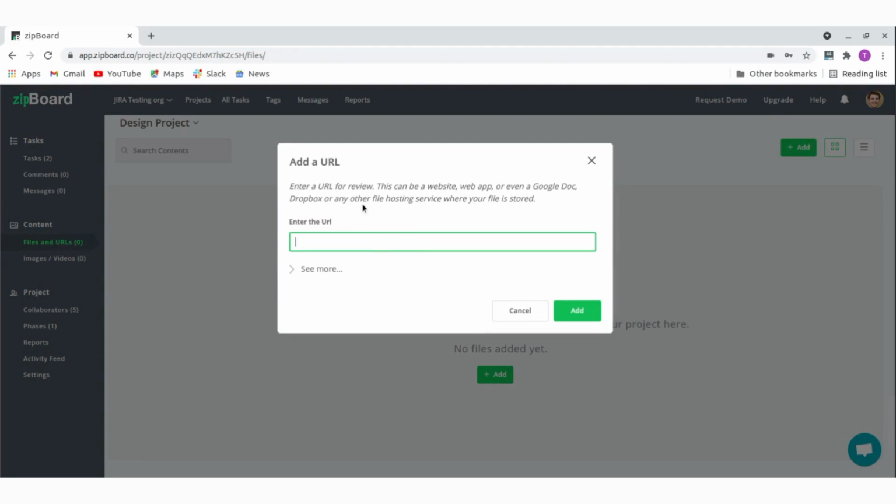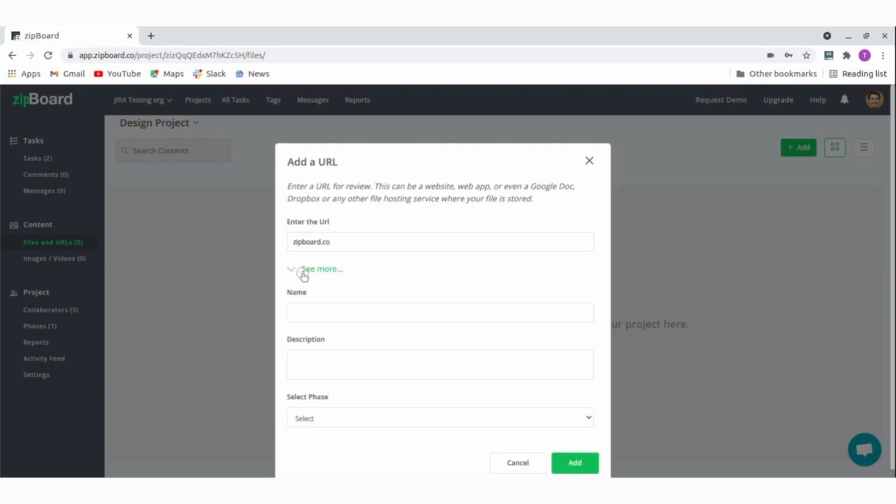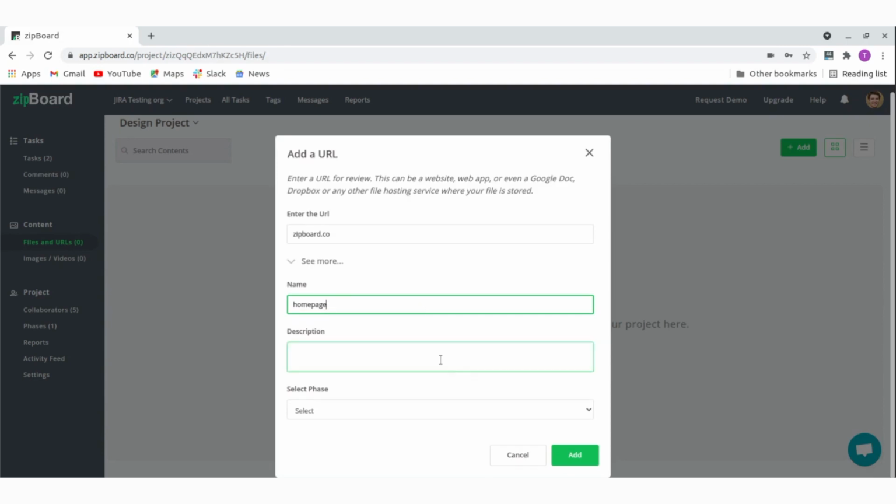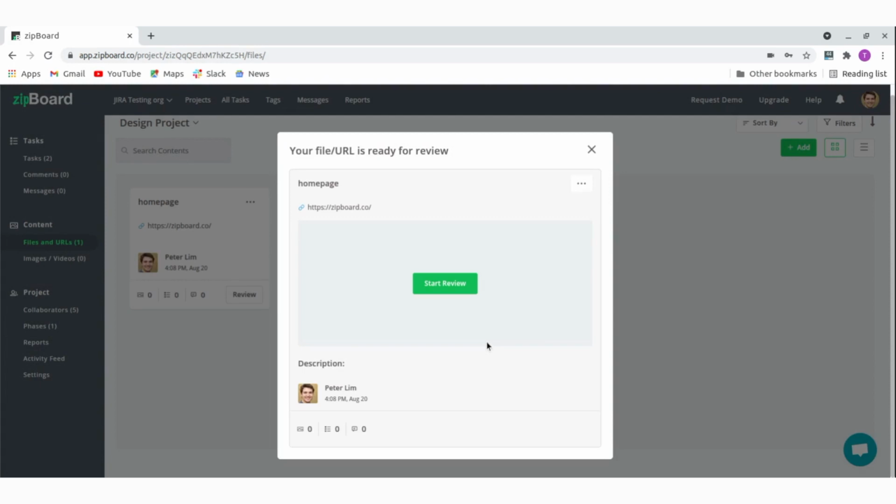And I'm gonna put the URL of our website, and then you can add all of the details like homepage and everything else, based on what you're working on. And then you can go ahead and add, and then once it has been added, you can click on start review,